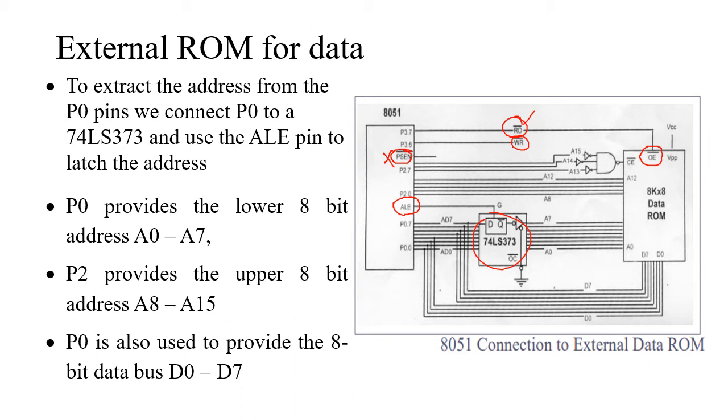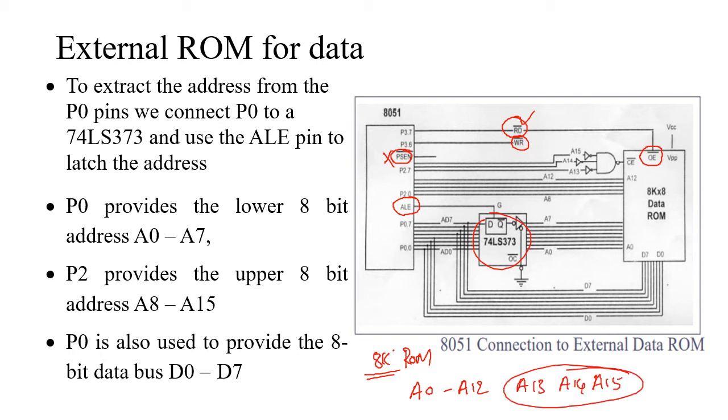Next, same as the previous, we have 8 kilobytes of ROM, and for these 8 kilobytes of ROM, we have the address lines A0 to A12, and here A13, A14 and A15 pins are used for chip enable. What happens is A13, A14 and A15 by default will be 0. It doesn't hold any values. It will be given to the NAND gate whose output will be 0, that will be given to chip enable.